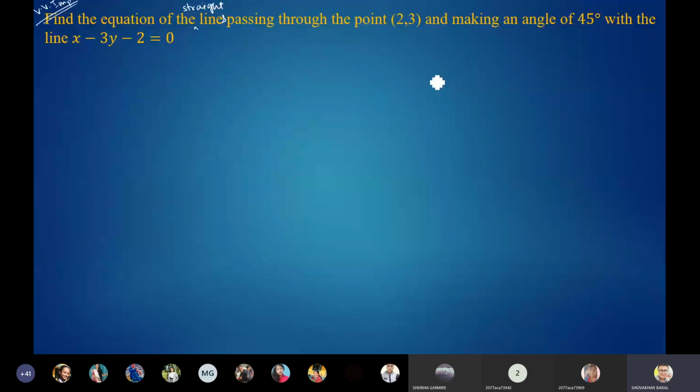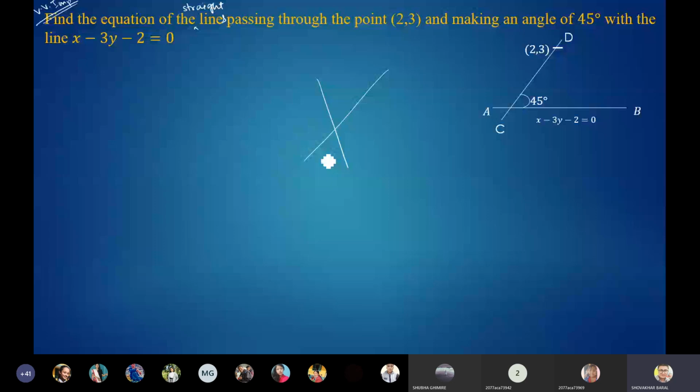So what this question is trying to say is there is one straight line AB. Please try to understand it. This is line AB. Its equation is x − 3y − 2 = 0. You can make this figure in this way also. The line AB is the given line x − 3y − 2 = 0. You can make it by tilting in any other side. It's not always necessary to make it in the same way. Unless we plot it, we cannot make the exact figure.